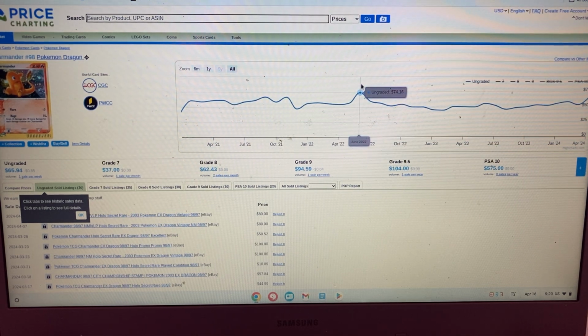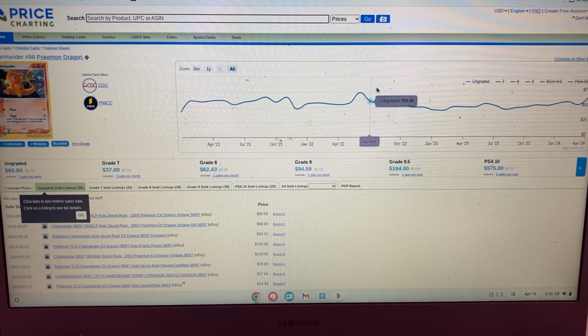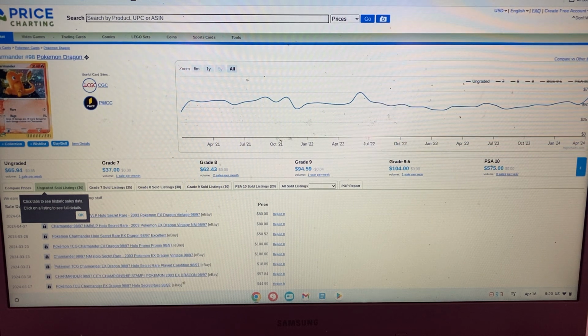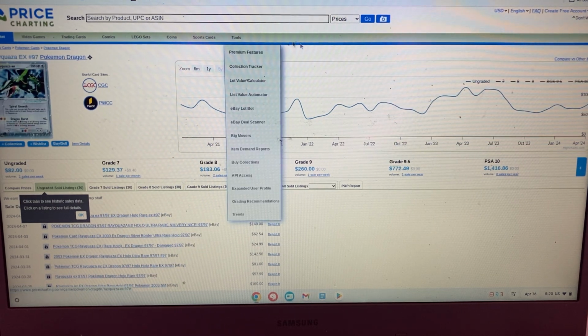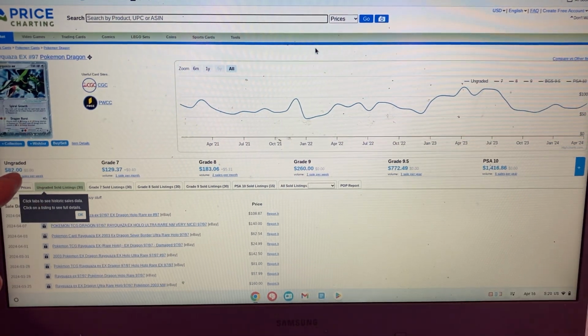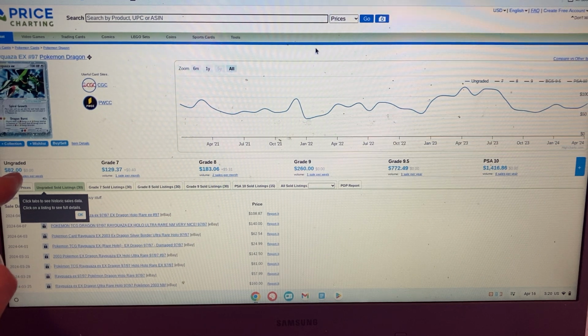Most expensive this card was back in June of 22 at $74.16. And the cheapest this card was, it looks like, back in February of 23 at $44.42. At number 4, we have ourselves Rayquaza EX going for a current $82 with a, my goodness gracious, a